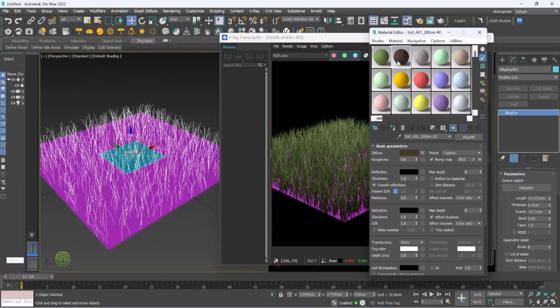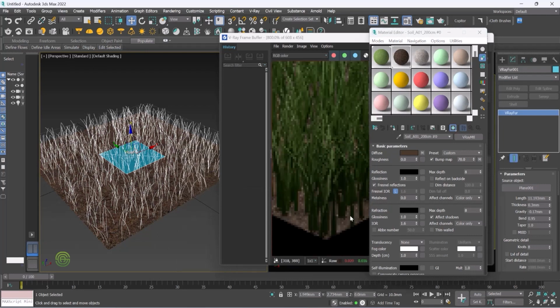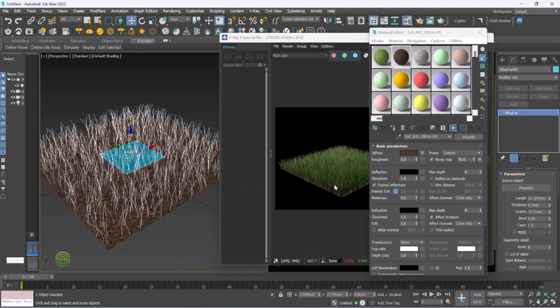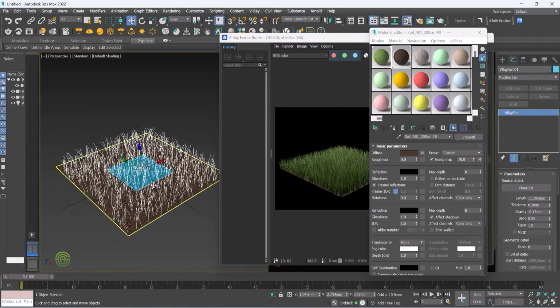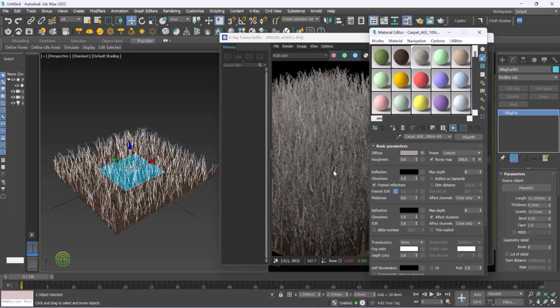Now we have to apply this soil on this plane. So if you go near to the plane, the yellow color highlight will show, just now drop it. So in this way, we can just give the material to the soil. So now it looks very realistic. Now the same thing goes for carpet as well. So just click on carpet material, drag and drop it on the VRayFur. So in this way, we have created a carpet material on the